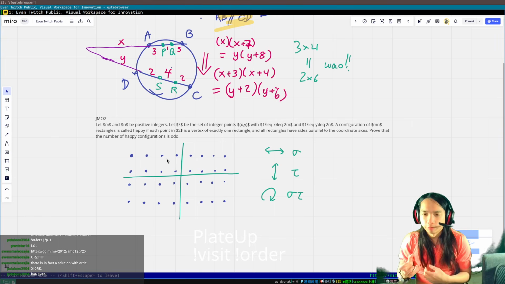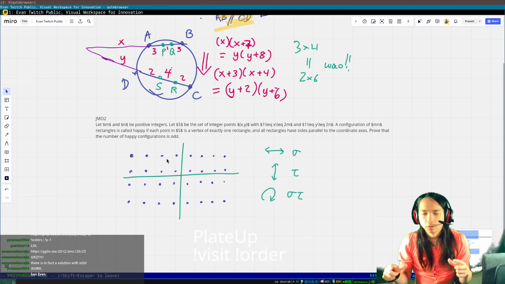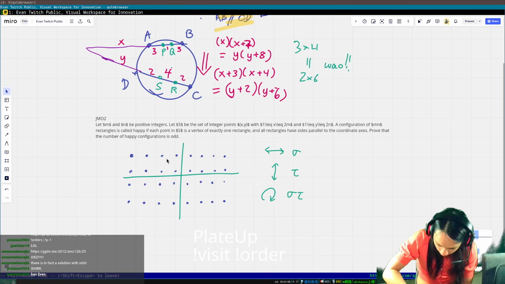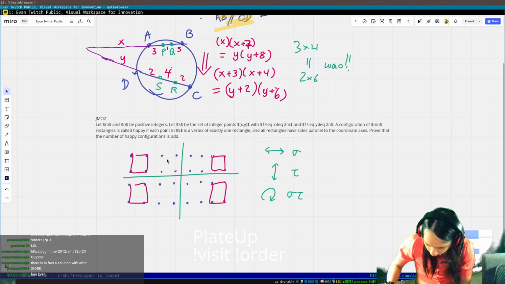So I only care about rectangle partitions such that it's symmetric around both axes. Unfortunately, I don't know if that actually helps me that much. For example, I can do this, and then the symmetry means I have to do that. But it's a little more complicated than that because you can also have stuff like